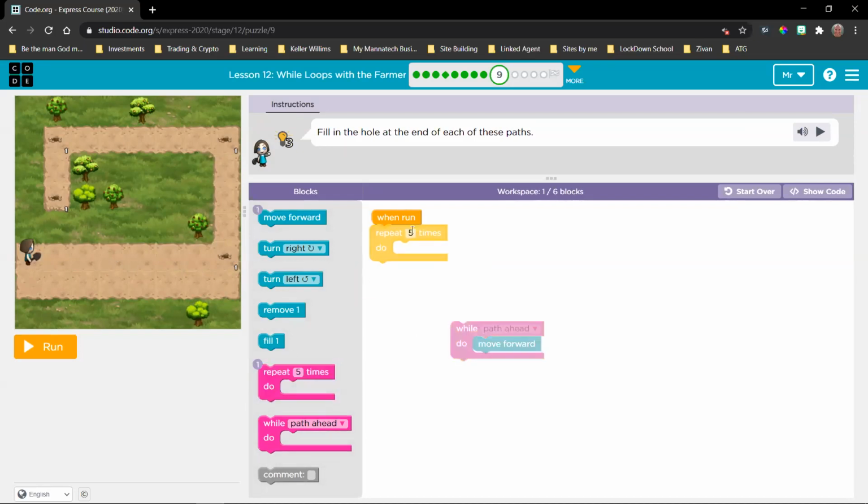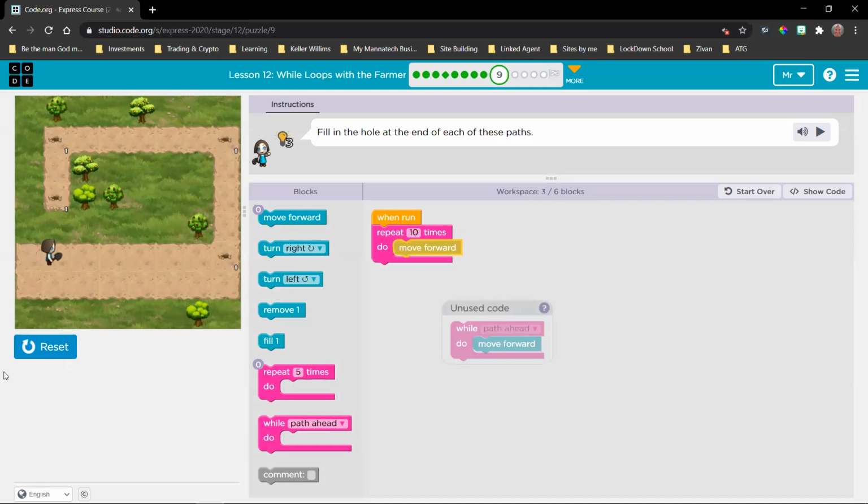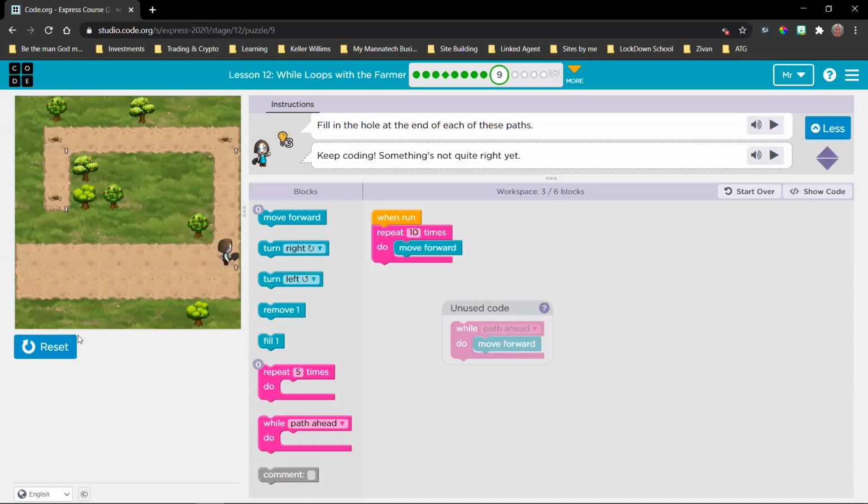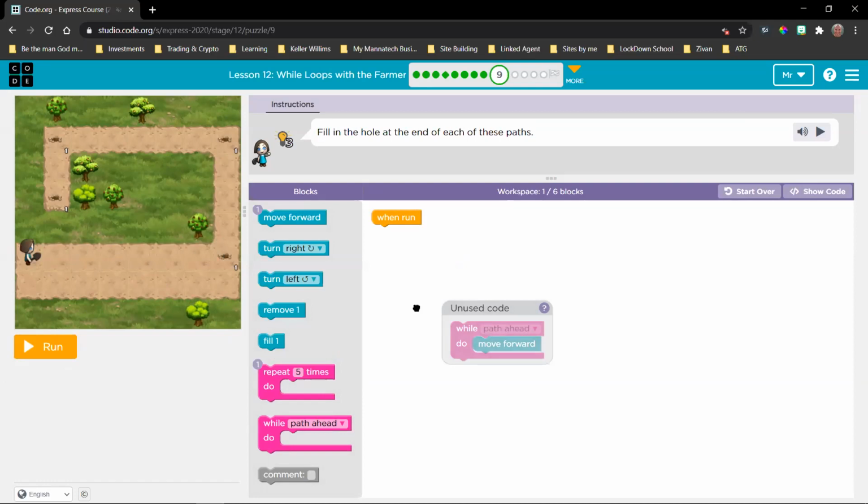So let's just take this and make this a 10 as an example and move forward. And then you'll see when she gets to the end, there isn't any space for her to move to, but she's going to keep trying to do that. You can see that, right? She bumps into the wall. So this is now going to say, okay, as long as this condition is in the true state, do this. Once this is false, so it's no longer a viable option, we want you to stop doing this and go to the next block of code.